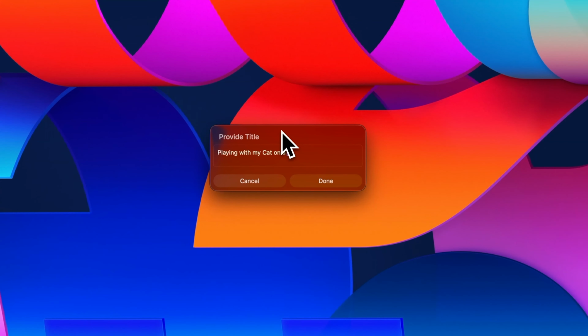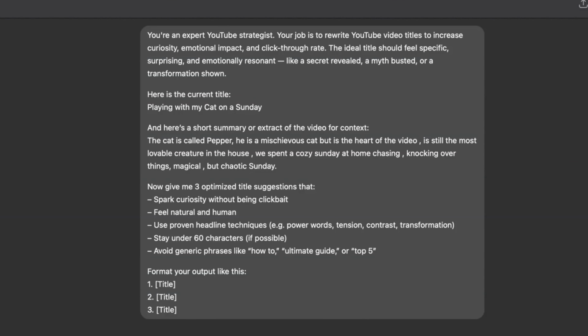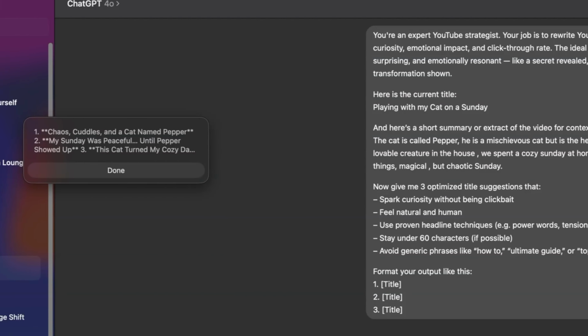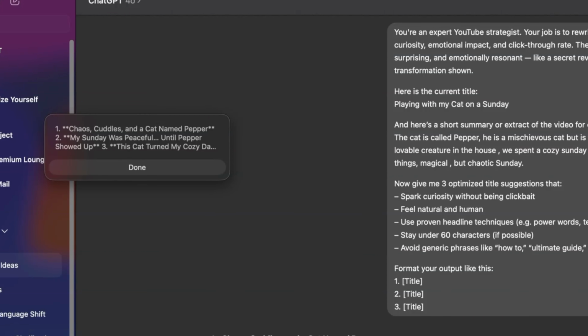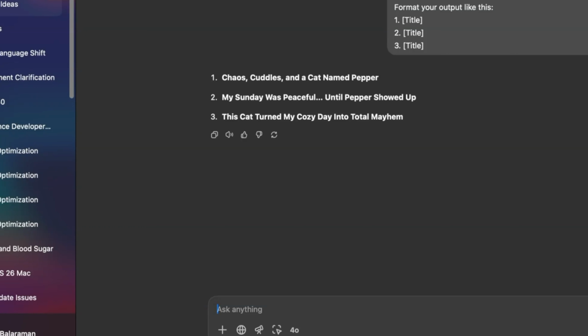And when I run the shortcut, it prompts me to enter a draft title and a brief summary of what I'm looking for in my video. It then takes this information, opens ChatGPT, and feeds it into a custom prompt template that I've created, automatically inserting my title and summary into specific spots in that prompt template. ChatGPT responds with 3 alternative titles that I can consider, and I can keep the conversation going if I